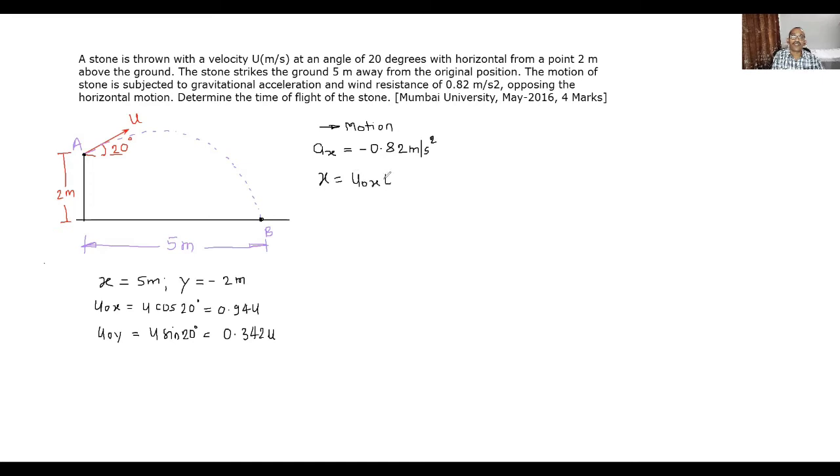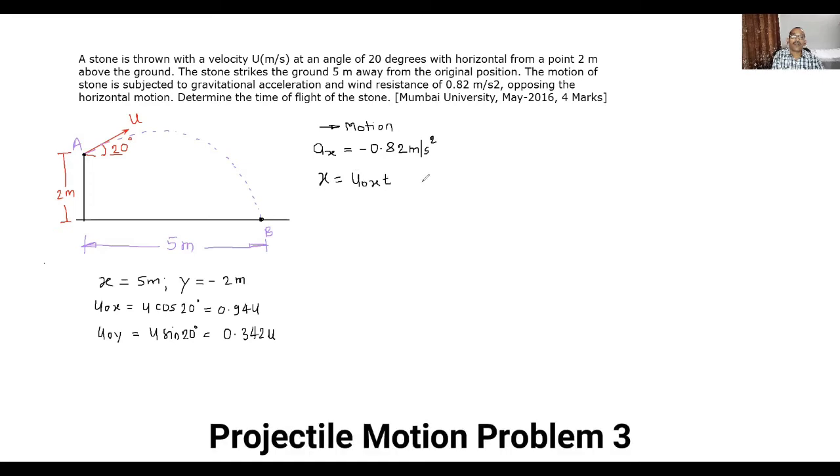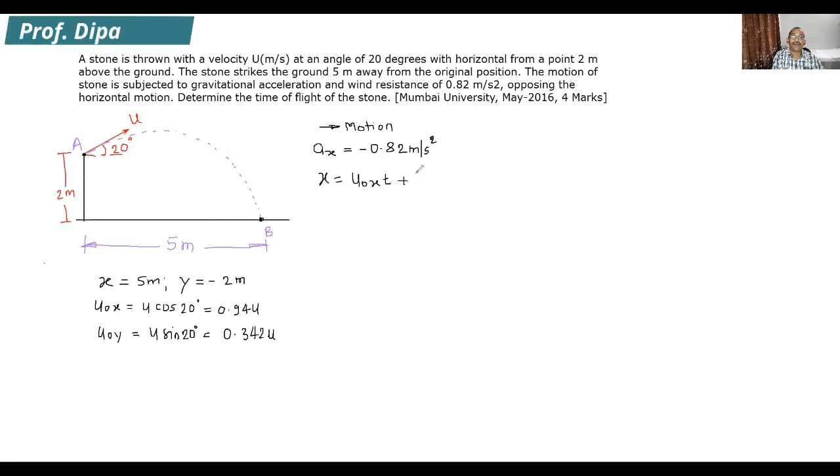Now in the horizontal direction, if you apply the equation of x, it is u0x into t, and the second part is normally 0 if acceleration is 0. But here, as acceleration is given, it becomes half of ax t square. So this a is replaced by ax. Now if you substitute your values, x is equal to 5 meter, u0x in terms of u is 0.94 u. This t will remain as it is. The ax term is negative, therefore I will write minus half